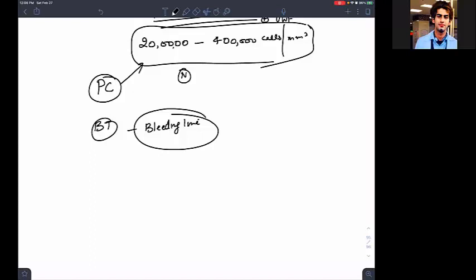So till the platelet is forming that temporary platelet thrombus which we said, this bleeding time will tell me. This is the time between the injury and the time till the temporary platelet thrombus is formed. So it will tell me the platelet function till the time your temporary platelet thrombus is formed. You have to remember its normal value. What is the normal BT? The normal BT is 1 to 9 minutes.